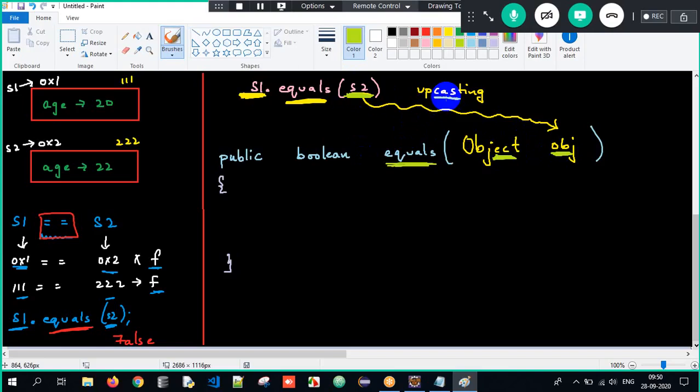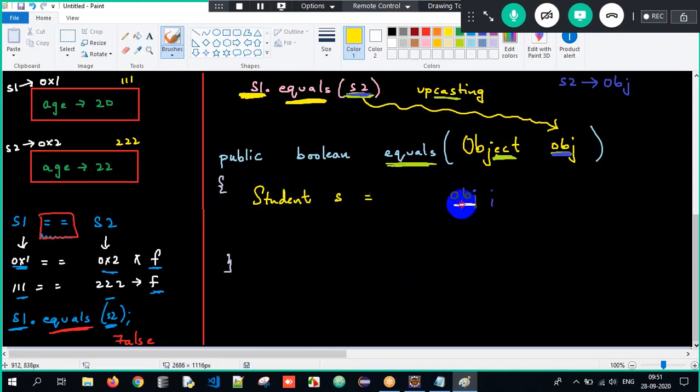But now when I upcast it, I can access only superclass properties. Therefore, I need to downcast it. This is upcasting because I can pass any type of object. Now I need to downcast it. So this obj, S2, can also be referred to as obj now. Why? Because it is upcasting. S2 is converted to obj, but with the upcasted part. So this obj, which is upcasted, I have to convert back to student and store it into S here.